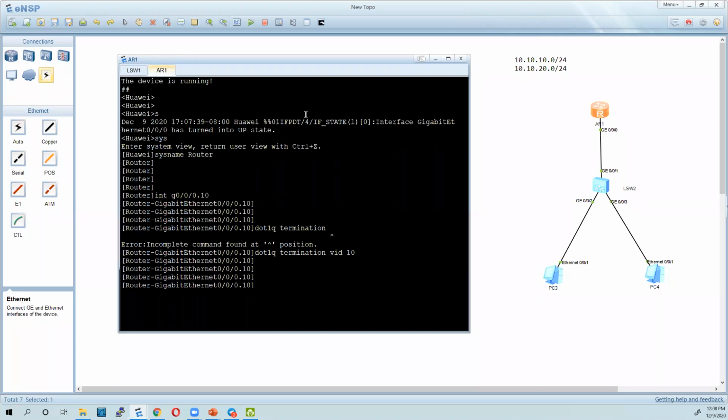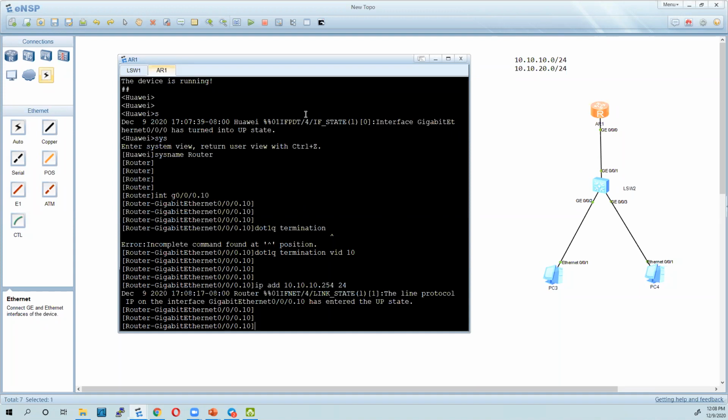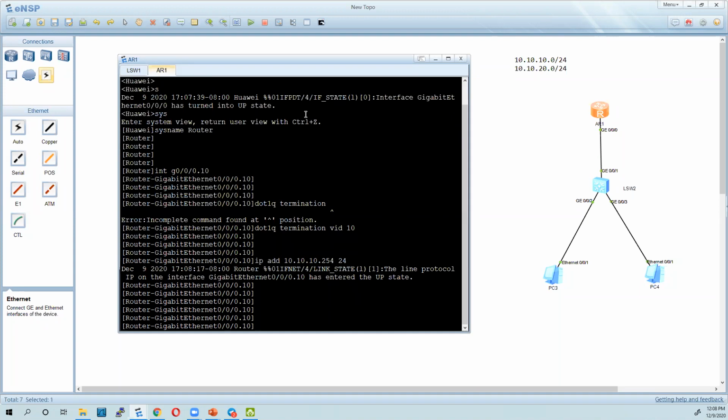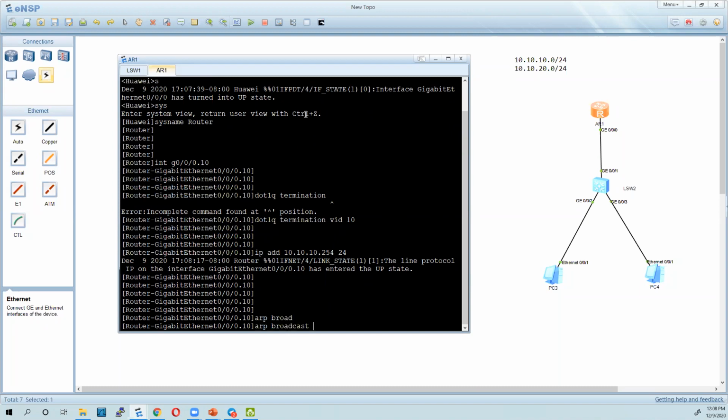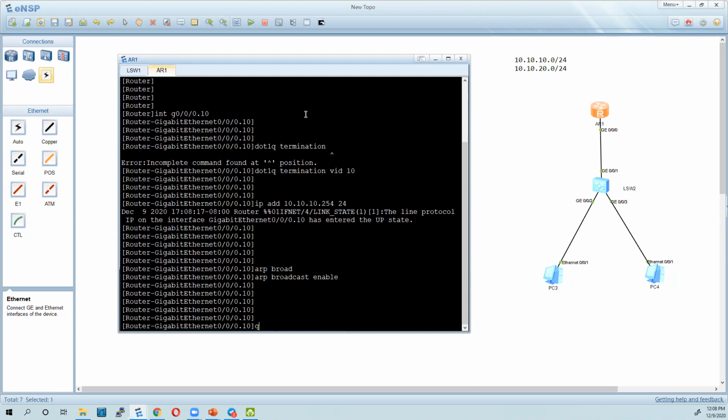After doing that, we say your IP address is 10.10.10.254/24. And then we enable this interface to forward broadcasts: arp broadcast enable. That's done.